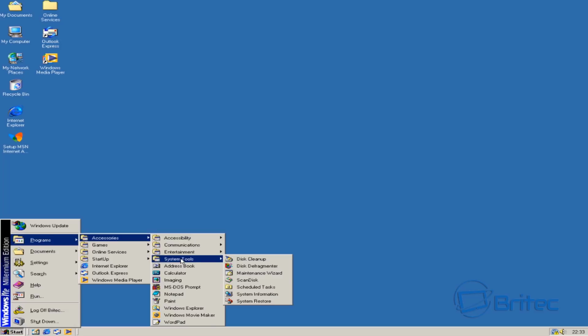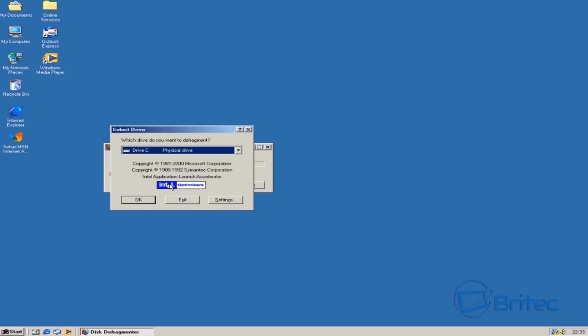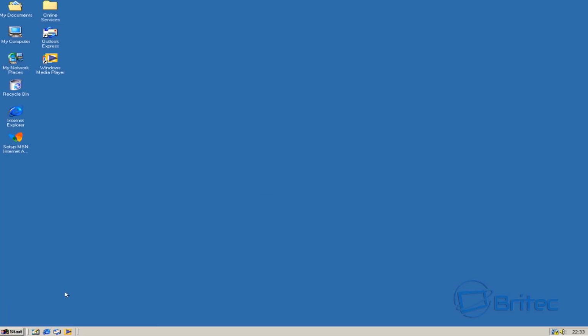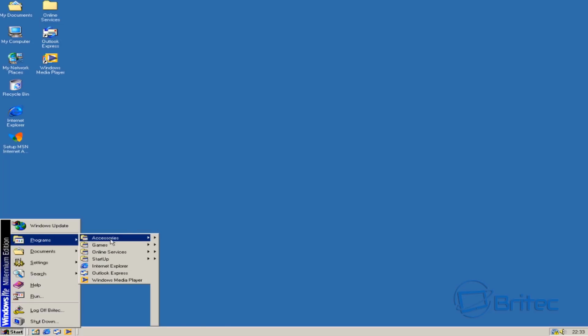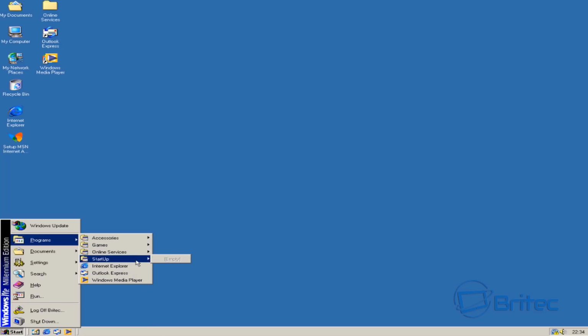It's scheduled task disks. You can see scheduled task. I can hardly read that, so small. But select a drive, disk defragmenter, very basic looking. You've got to remember this whole install is given space of about 8 gigs. There's nothing really. As you can see here,